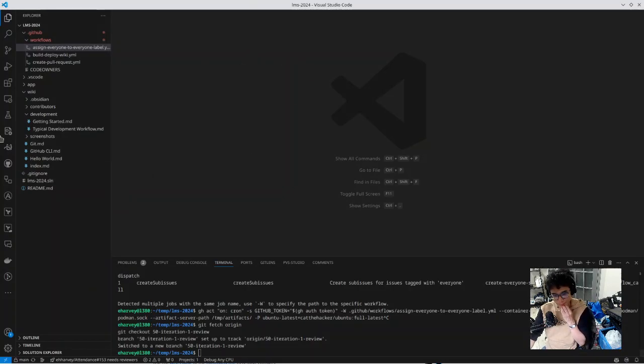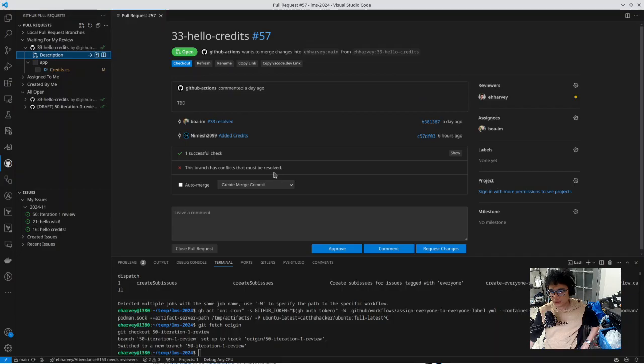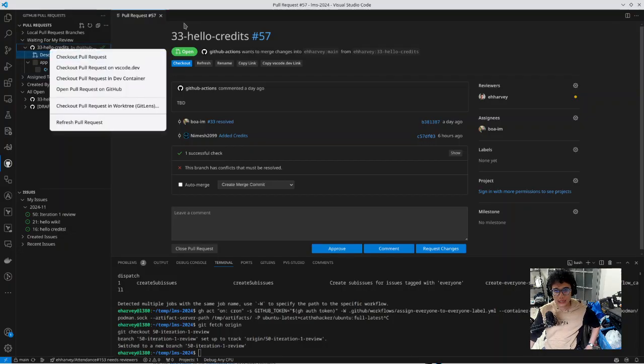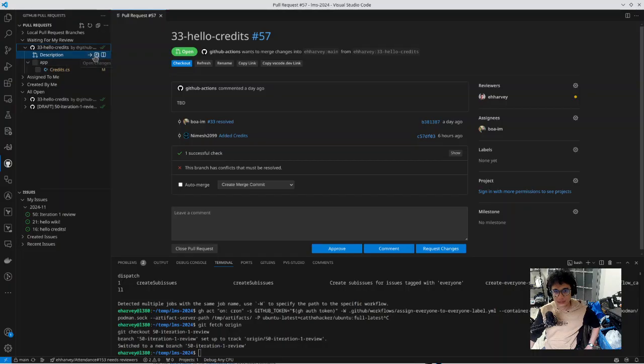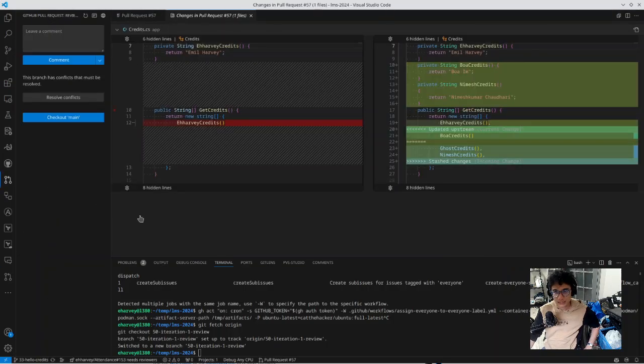So I'm in VS Code. There's a nice GitHub extension, and here's that pull request. So we can see kind of the same information as a branch with a merge conflict that needs to be resolved. And so from VS Code, what I can do is check out the thing. It provides a bunch of buttons. I want to check it out. You can see it's checking out the branch. You can see my branch changed from main to the one branch, and then it brings me up